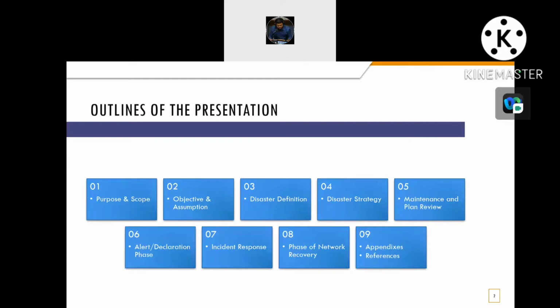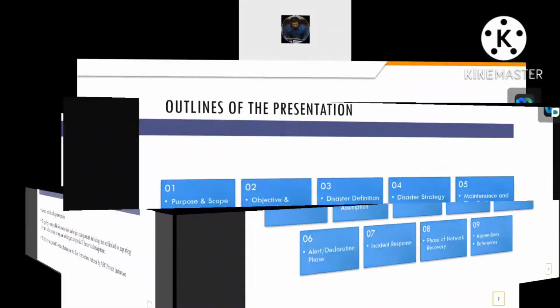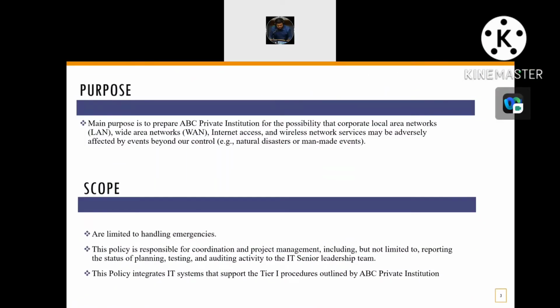Mr. Ravi will cover section 5, maintenance and plan review, section 6, alert declaration phase, section 7, incident response, section 8, phase of network recovery, and lastly, appendix. And first, I would like to talk about the purpose of this